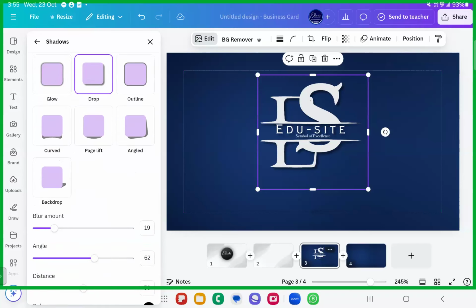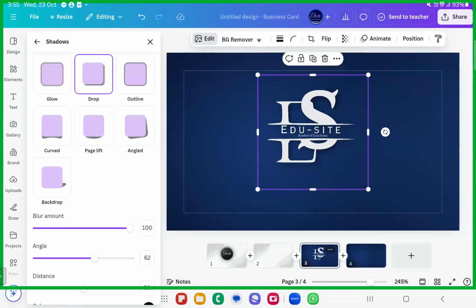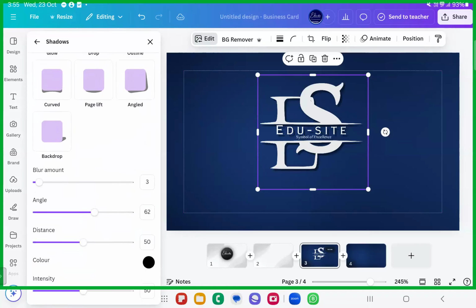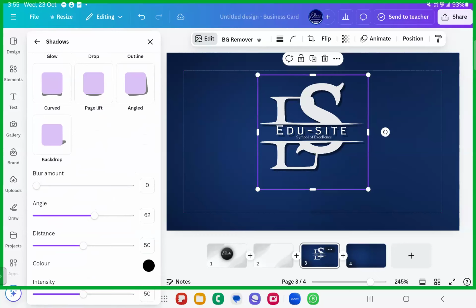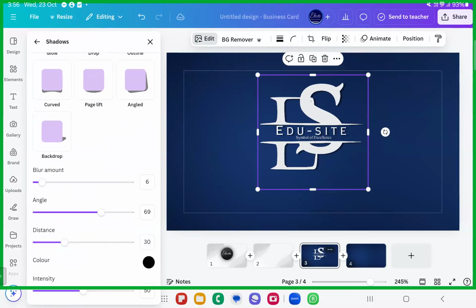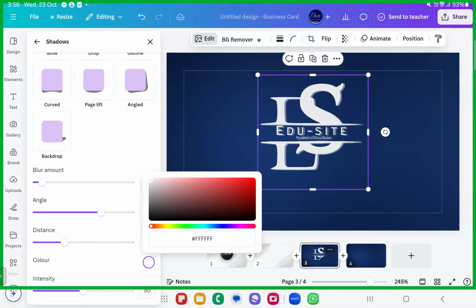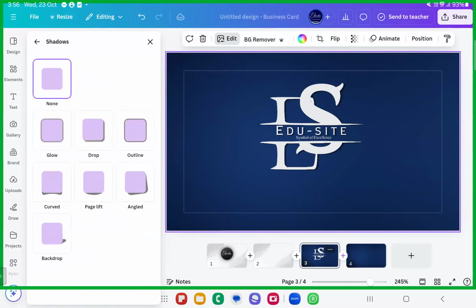So you can even have the blur amount reduced or increased. Let me reduce the blur amount so that it looks more 3D. Even I can go ahead with the angle of this shade, and also the distance of the shade, till how much distance can you put it up? Intensity. What color of this you want? You can even go ahead with a lightish white color of shadow. What kind of shadow do you want? Dark black shadow. I just selected and this is here.